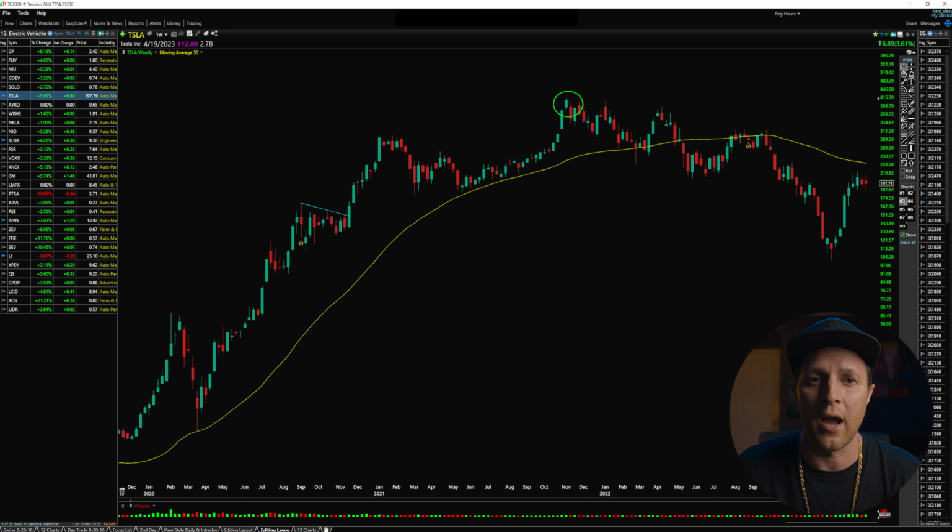Like we talked about earlier, a stock in an uptrend is making higher highs and higher lows. That means that each swing high is higher than the previous swing high, and each swing low is higher than the previous swing low. And you can see that right here in this long-term trend, the swing lows are higher than the previous swing lows, and the swing highs are higher than the previous swing highs. So you have this swing high is higher than this one, this swing high is higher than this one, this swing high is higher, and this swing high is higher, and this swing high is higher. So right now the stock is moving with higher highs and higher lows,